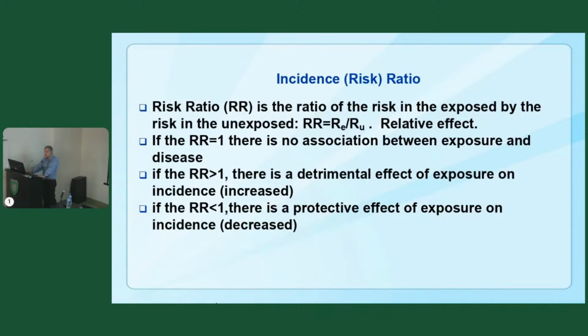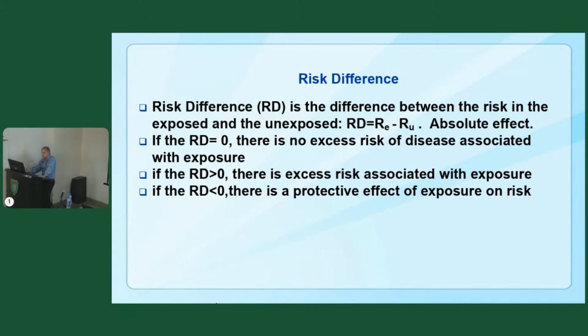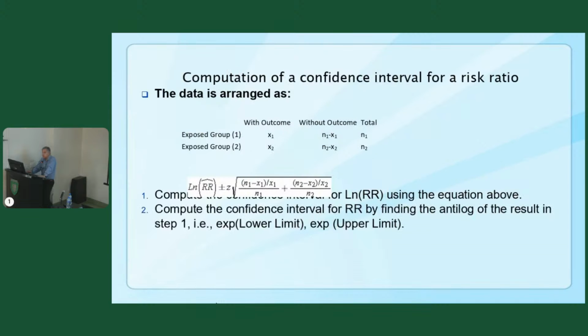Again, you do the same trick. RR greater than 1 is evidence that the exposure increased the incidence, a detrimental effect. RR less than 1 is a protective effect, meaning exposure to that factor diminishes the incidence over time. Risk difference, same idea. Here, the confidence interval for the incidence